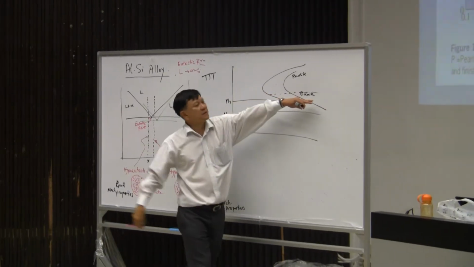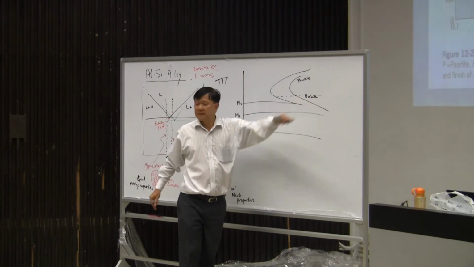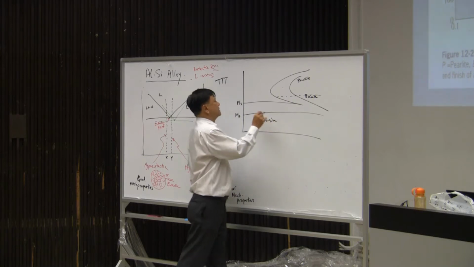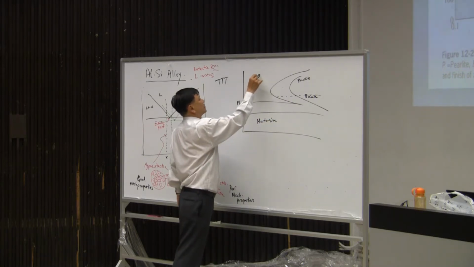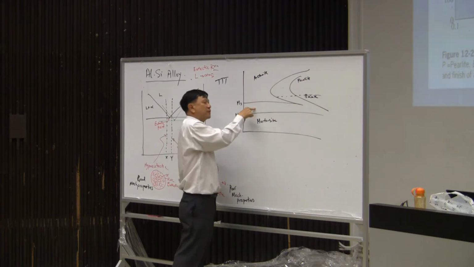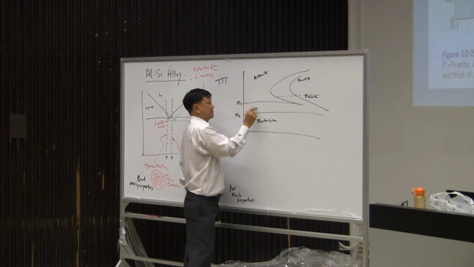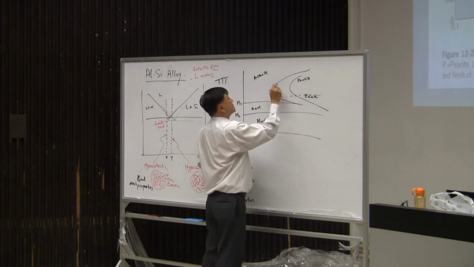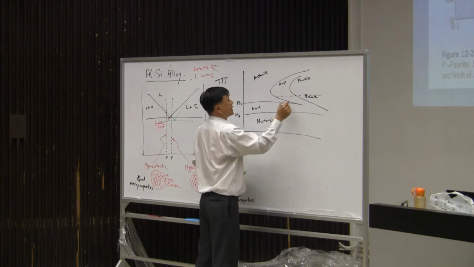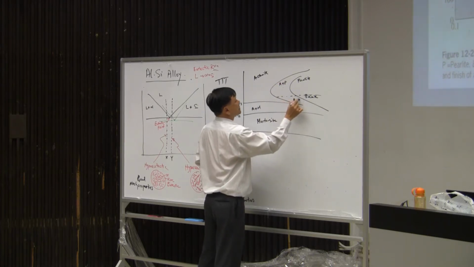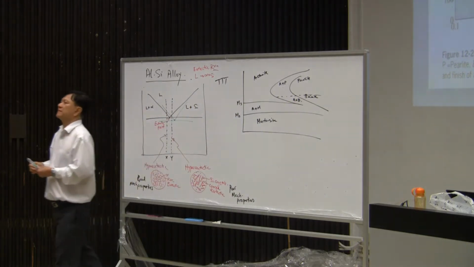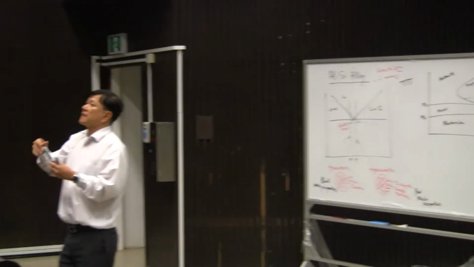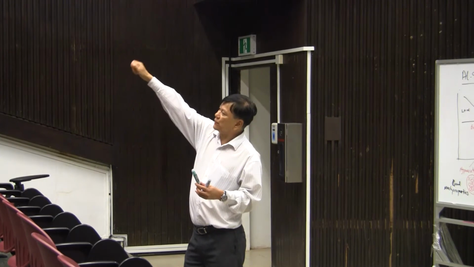Anything below here, over this side is what? Bainite. Down here is what? Martensite. Here is what? Austenite. So here should be what? Austenite plus what? Martensite. Okay? Here should be what? Austenite plus what? Alright, here should be what? Austenite plus what? Bainite. Alright, now, you know when you do heat treatment, after you austenitize, if you cool in